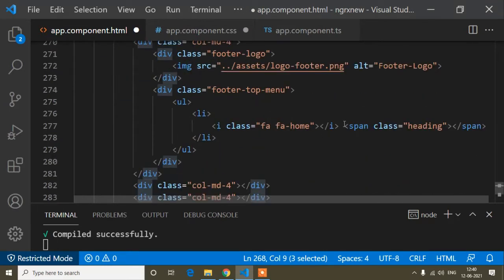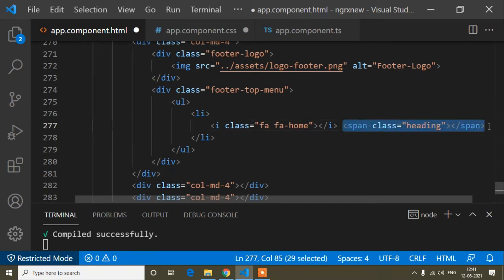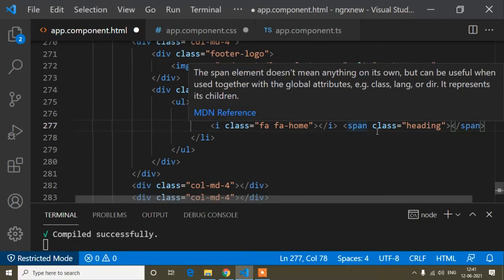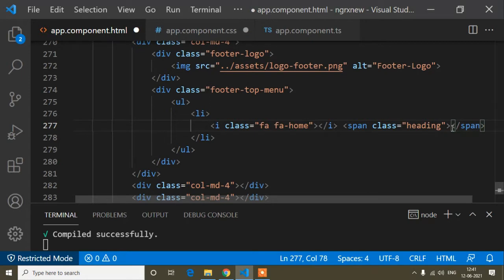And span is used when we want to bring some content in one line. So if I write span, we don't have to write any css. If I write any content inside this span tag, and I write some other content inside another span tag, these two contents will be in one line. So that is the use of span.